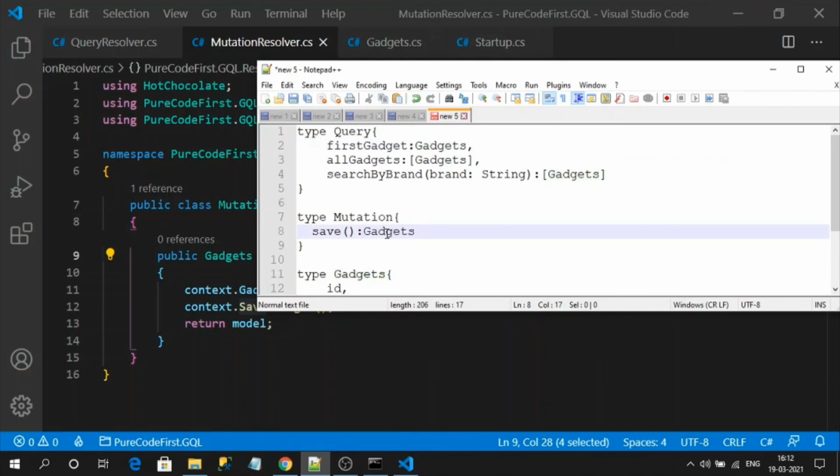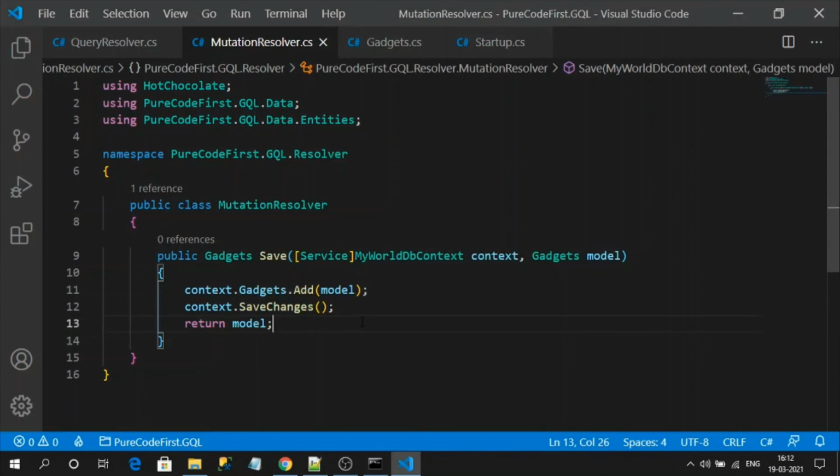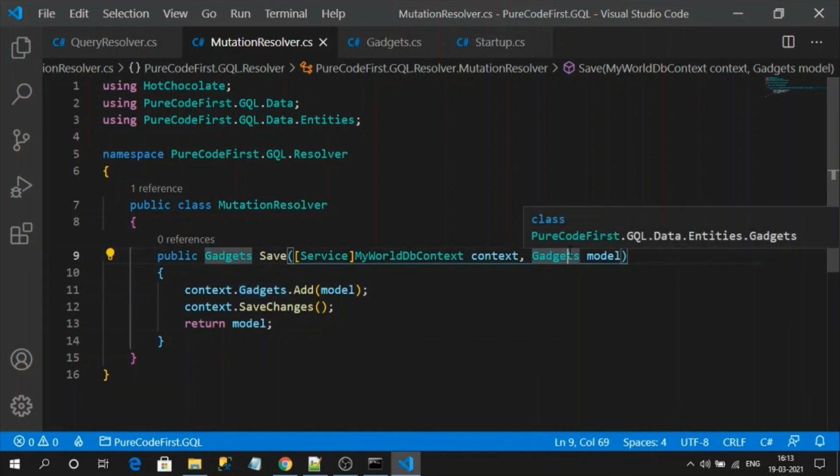Okay. But the input model will be slightly different. Why is it slightly different? While generating, what type is it using? We are using the return type and input type, the same types, nothing but the Gadget class. But in GraphQL, if you want to specify another DTO model for your gadgets, any data transfer object model, you can create and use it.